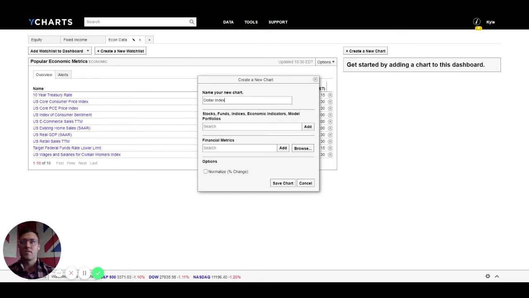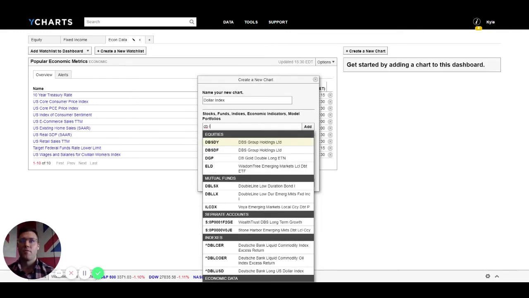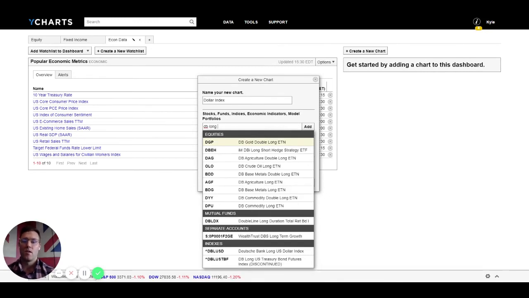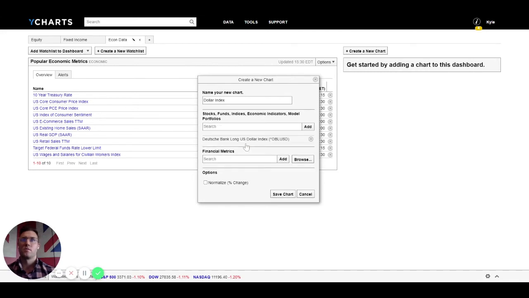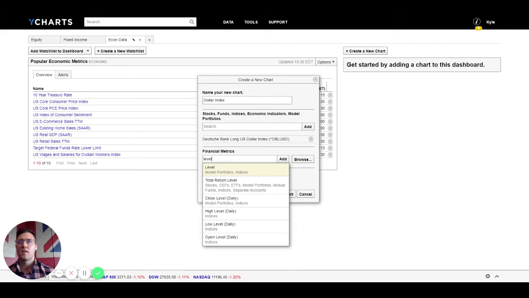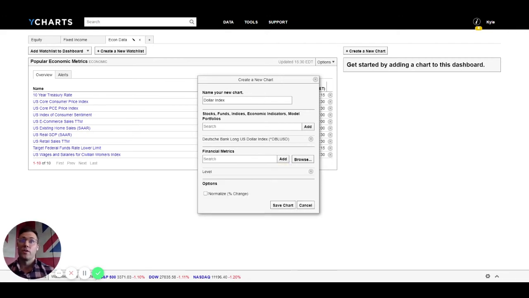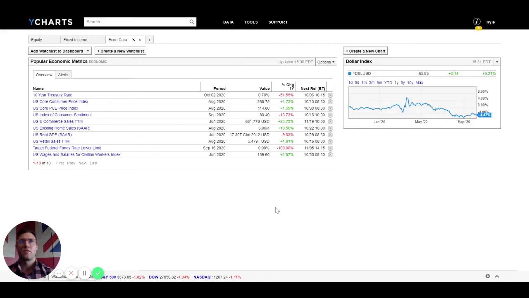The dollar index actually isn't an economic indicator, it's an index, but a lot of times people might have trouble finding it. We have it in there as the DB long US dollar index. So we'll go ahead and select that. And the metric that we'll want to use is level, L-E-V-E-L, which is the equivalent of a price for an index. And we can go ahead and normalize that to see the moves on the daily, and save chart. So if I want to jump over to that 1 day, we can see how the dollar index has moved